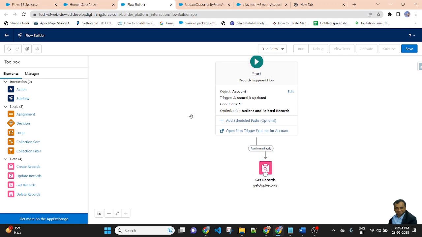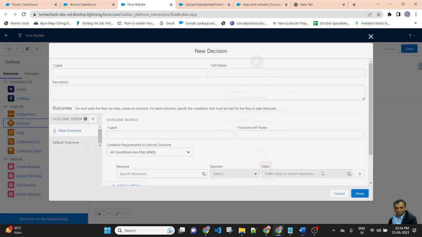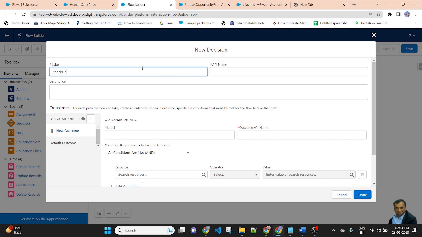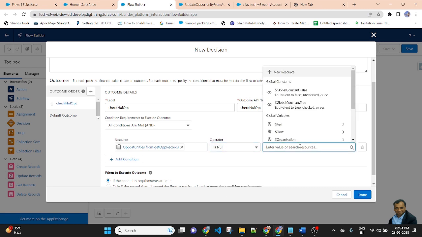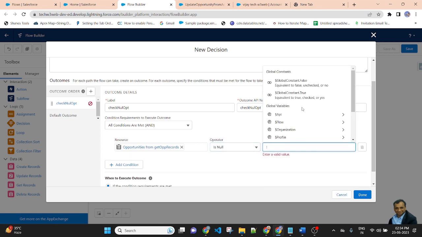After that, I am checking the decision here. Check decision for null of opportunity record. Check null OPT. Get opportunity is null equal to false.